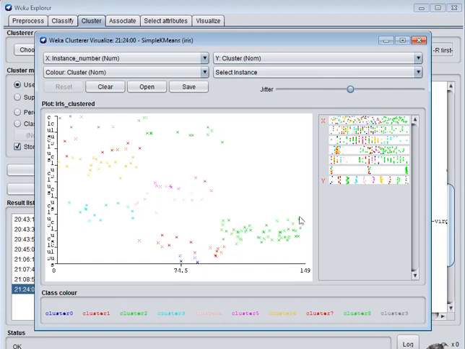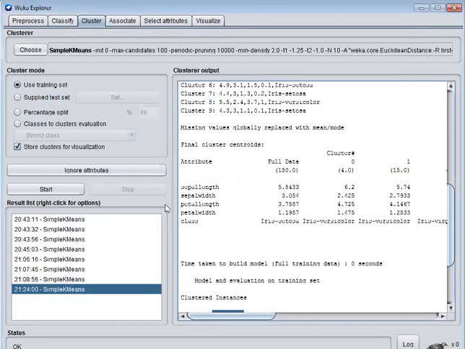This is one cluster, this is another cluster, and this is another. The colors vary for the 10 clusters, so we can easily identify how many clusters are formed in the graph. This is one way of analyzing data using SimpleKMeans. Thank you.